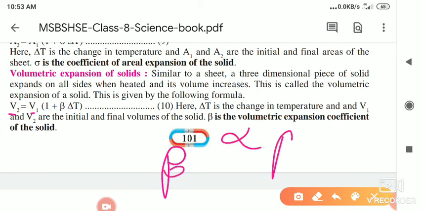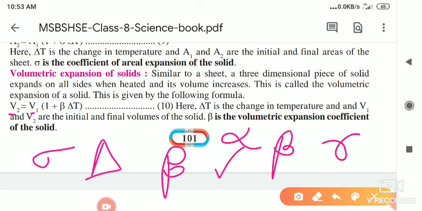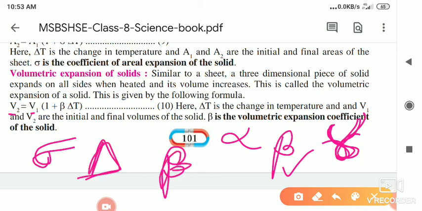This is alpha, beta, gamma. This is sigma, these are the names of signs. This is delta. These signs we are using in physics and maths as constants. So you just keep this in your mind. What I told you: this is alpha, then this is beta, this is gamma. Gamma is actually written in this way. This is gamma, this is sigma, delta, beta. So these are the different signs.